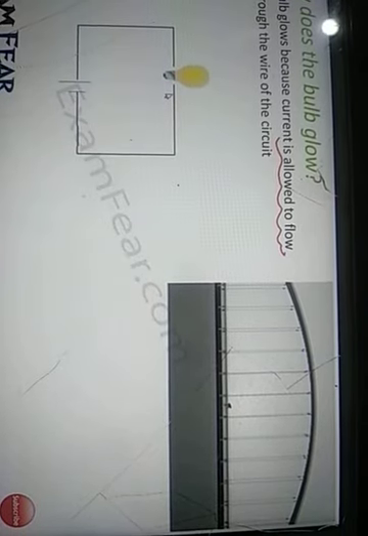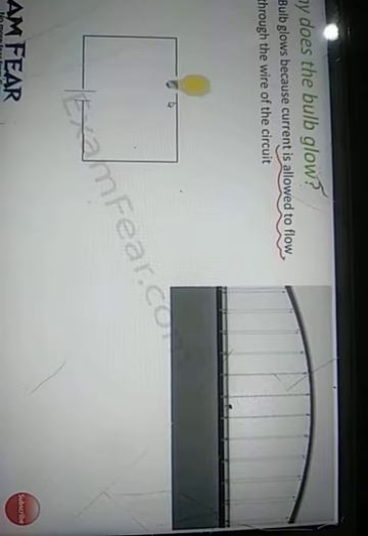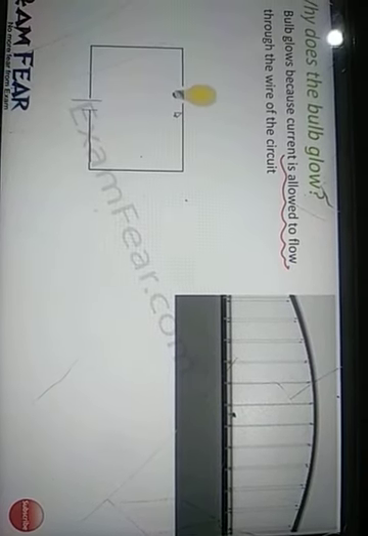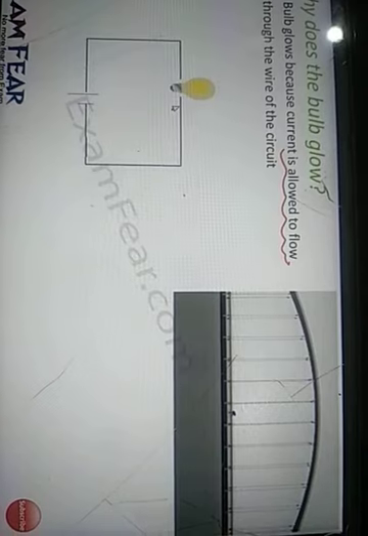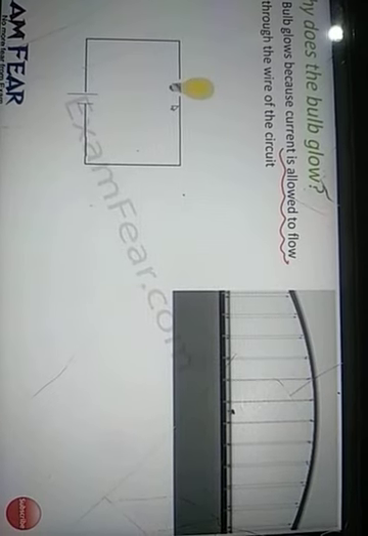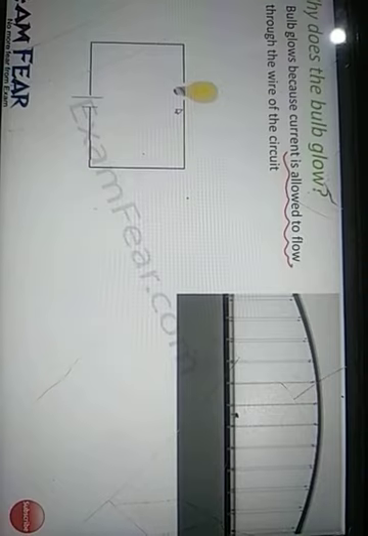So we again take the same example, the bridge. What happens when the bridge is broken? If there is no path, obviously the cyclist will not be able to go from one place to another. Now let us say the bridge is not broken, the bridge is as it is. But let's say there is some strike because of which people cannot cross the bridge. So the bridge is there, but it is not allowed to cycle on that bridge. So in that case also the cyclist will not be able to cross the bridge.